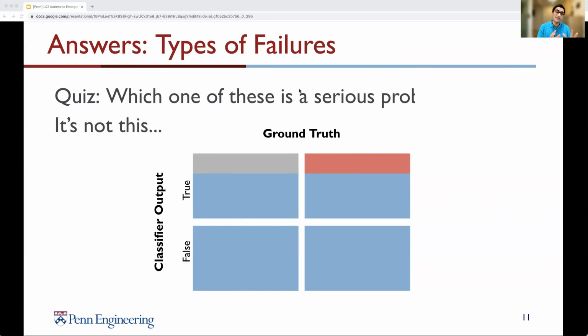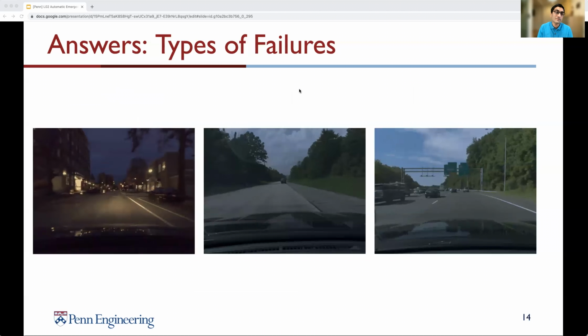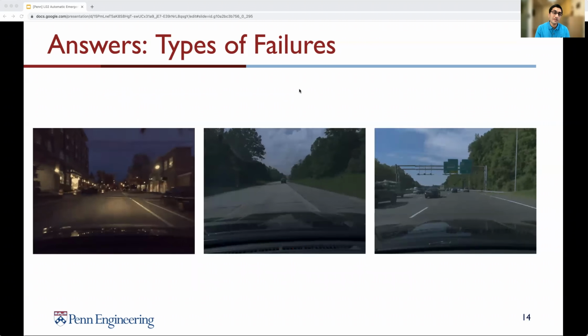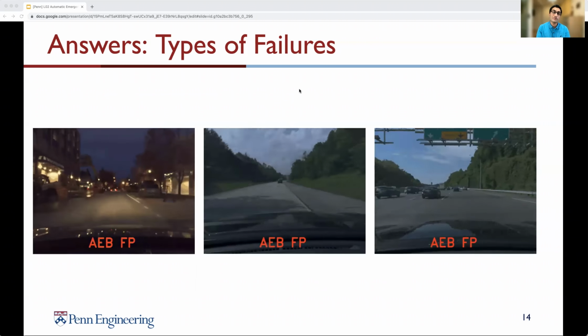However, this results in a very unpredictable and jerky ride experience if it happens too frequently, and the customer may not enjoy it. Therefore, the customer might turn the system off, and future customers may elect not to buy this kind of system. So let's take a look at 3 examples where AEB actually brakes, but there is no critical